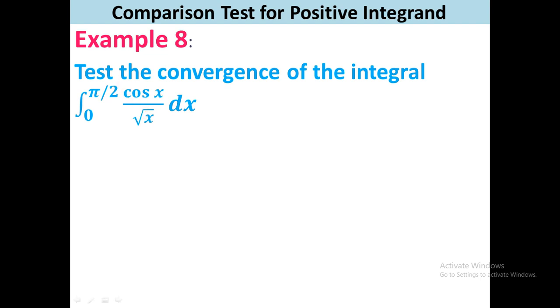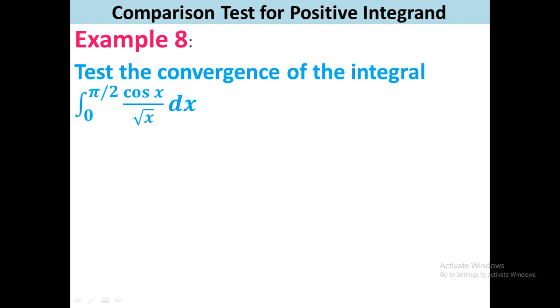If the function was sin x by root x, then you can write sin x by root x equal to sin x by x into root x. So the limit of sin x by x is 1, and the limit of root x is 0. As a result, this function will have limit 0. Therefore sin x by x has no infinite discontinuity at x equal to 0, so this was integrable. But here the function is cos x by root x, so the function has infinite discontinuity